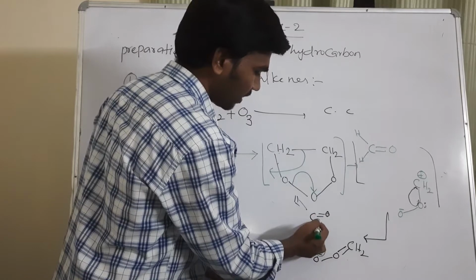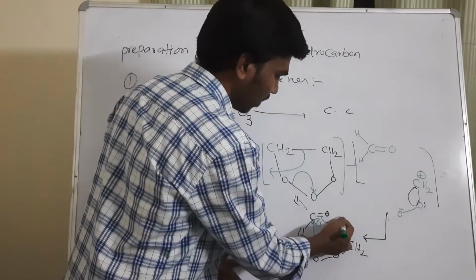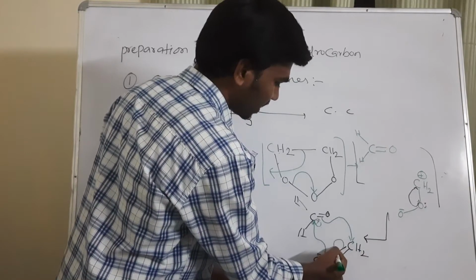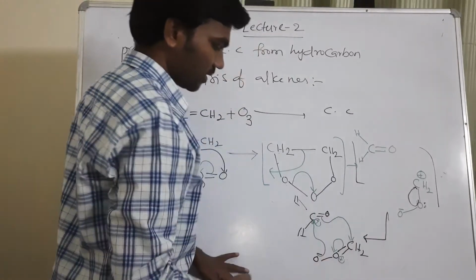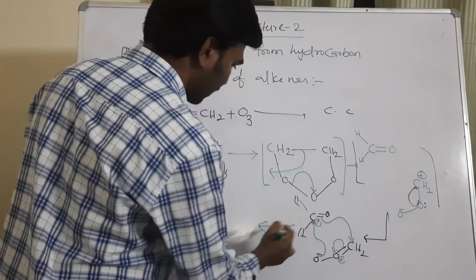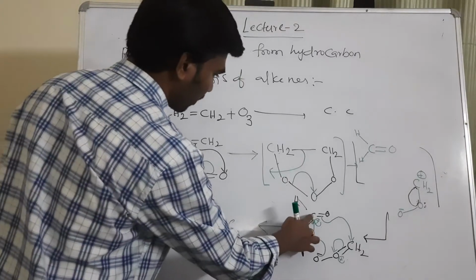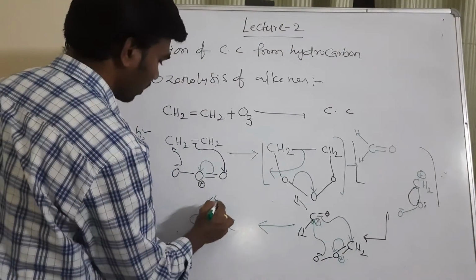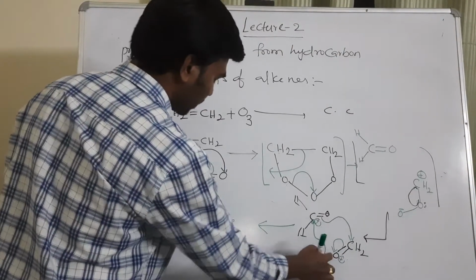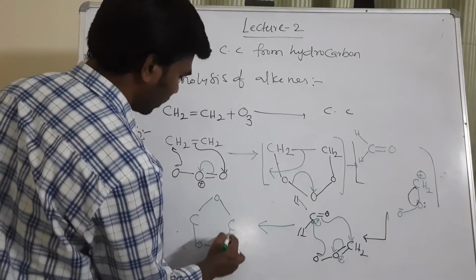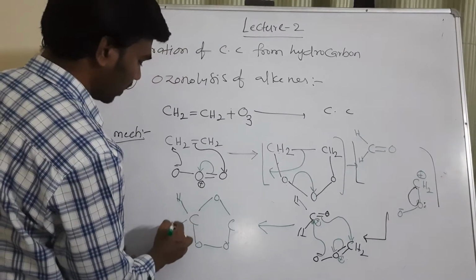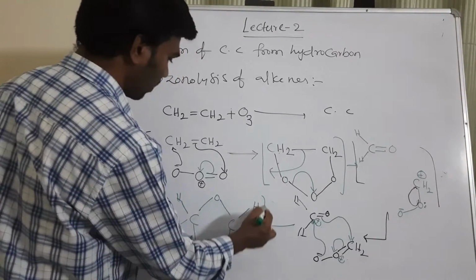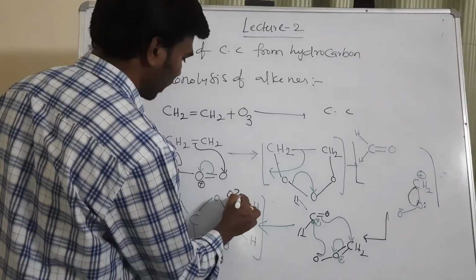When it is attacking here, this bond will shift in between these two, and then immediately this bond will shift towards the oxygen side. Based on these 3, it will form this type of structure. In between carbon and carbon, a bond is not there. In between oxygen and carbon, a bond is there. So oxygen, carbon, and then this oxygen is having a bond. Here one hydrogen we have to write, and one more hydrogen here, and so on. This is called ozonoid.